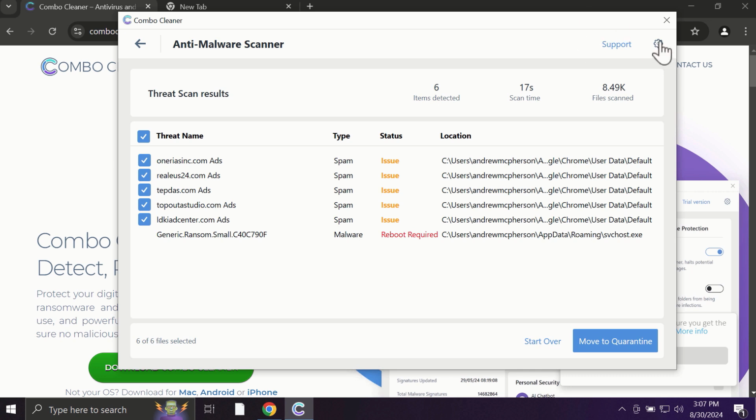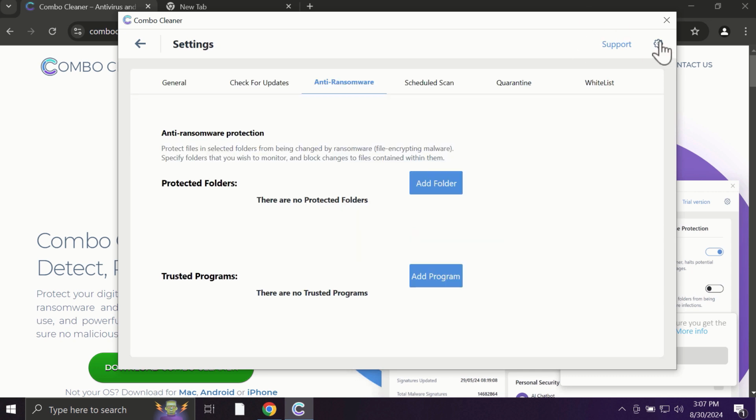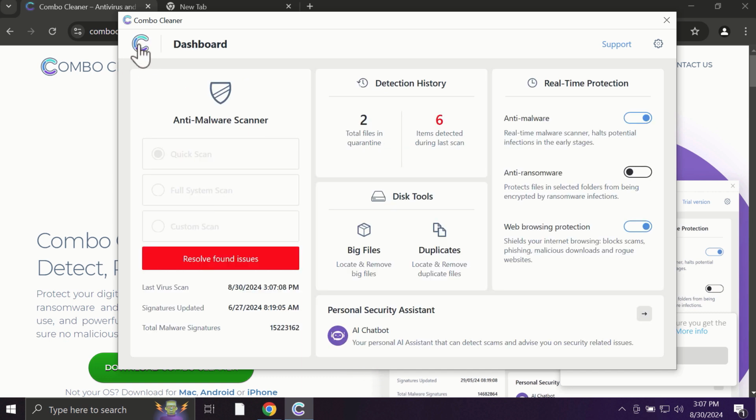With premium license, for instance, there is an excellent anti-ransomware feature which helps to always keep your data protected. You can add certain folders on your system, and the contents of these folders will be always under the protection against ransomware attacks. And Qakabaw Cleaner works extremely and exceptionally well when it comes to identifying contemporary threats like adware,